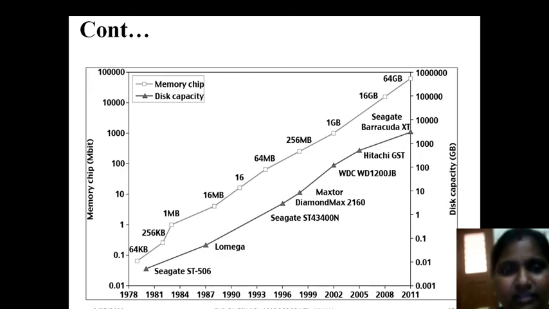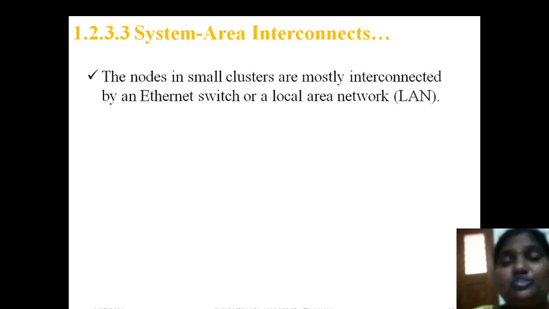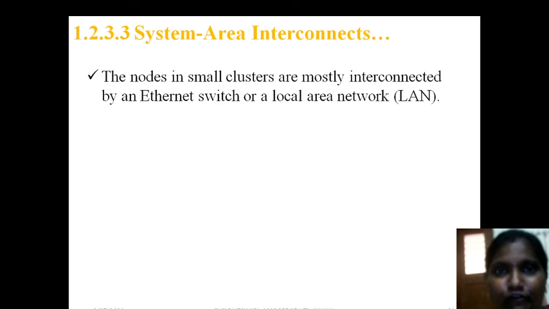So this is the diagram I showed you, the same diagram. System area networks. So we learned about the energy, the power. Next is the memory. Next is the interconnectivity of the systems. If the network connectivity is not good, how can one system store data with any other? That's a big issue, right? So for this, how the systems are connecting matters.